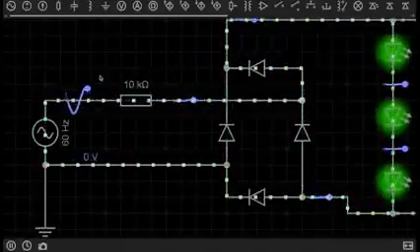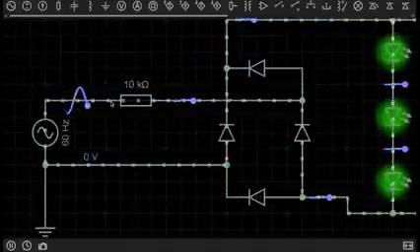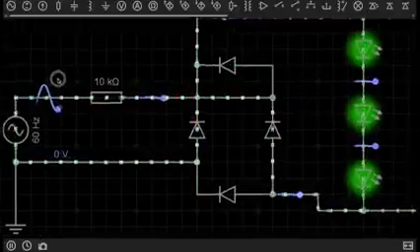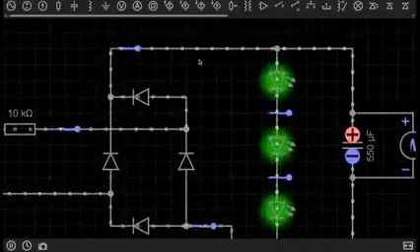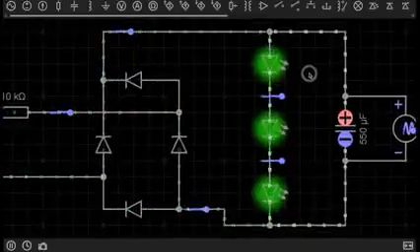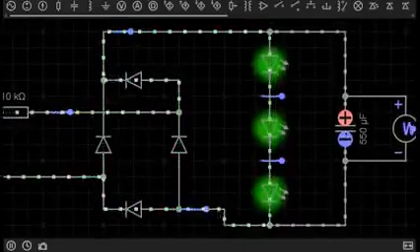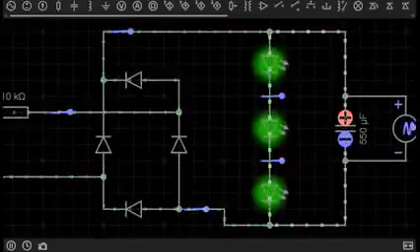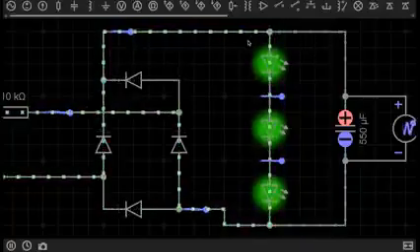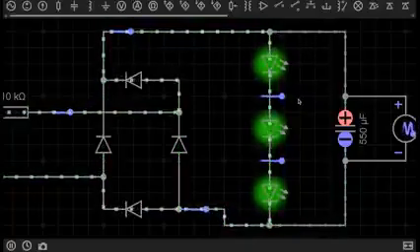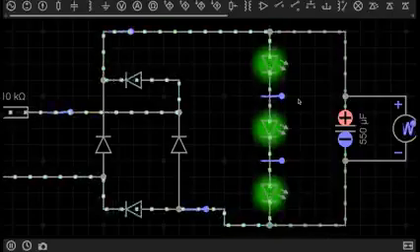Every time this passes through 0, there is no current flow. And for those brief pauses in time where there is no current flowing through these LEDs in the circuit, this capacitor is actually providing the current during those brief pauses, which keeps the LEDs lit and reduces any flicker,